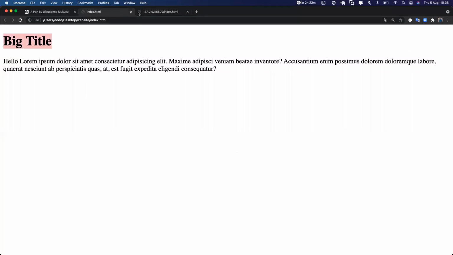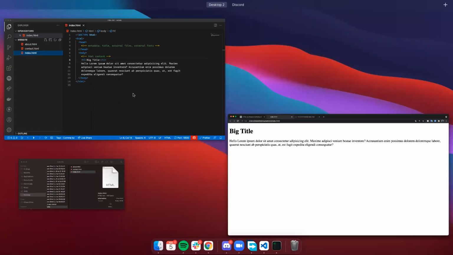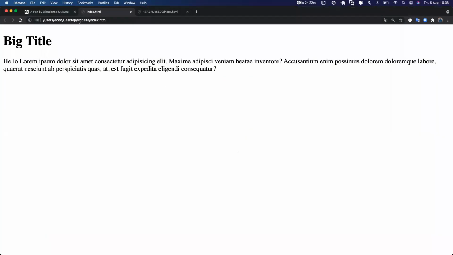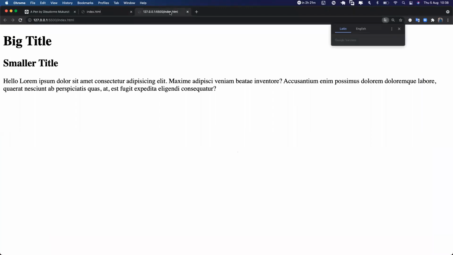So once we open it, it's going to look the same. But this is not the same because if we, for example, write an H2, it's going to be heading 2. This is like heading 2 in Google Documents or Microsoft Office Word, right? It's going to be another title, but a smaller title, right? Up to 6, which is the smallest in the headings. Okay, so once we save this and we go back here, there's no H2, but if you look at this,